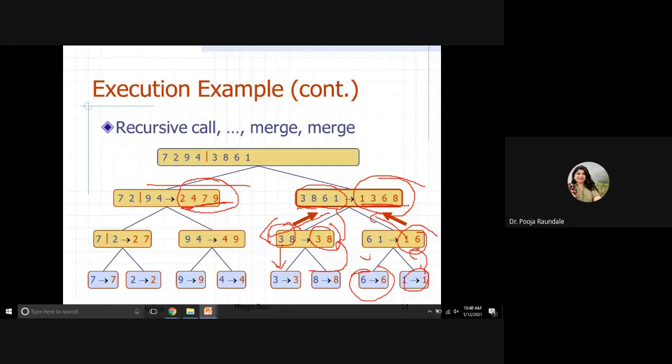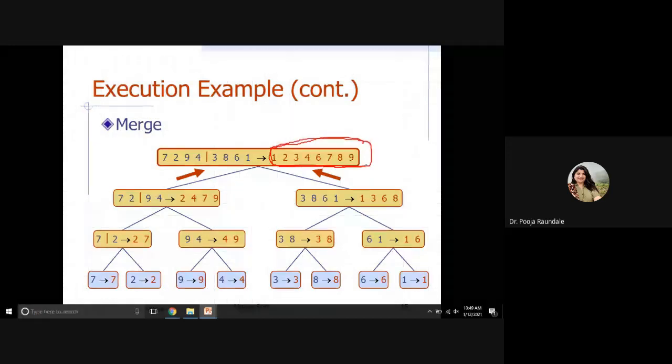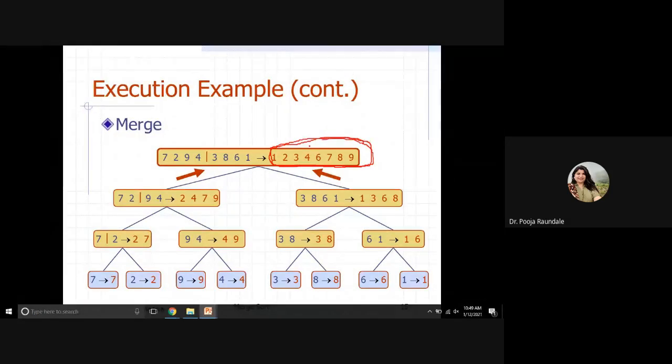And now you apply the merging. So merging takes place. Because this is a sub problem of 4 elements, and this is a sub problem of 4 elements, so this 4 plus 4, when you apply the merging, as we have seen, we get here the array of 8 elements, right? Because 4 and 4 numbers would be merged. And finally, we get here the sorted array. Now, certain questions I will ask you. Look at this tree carefully.